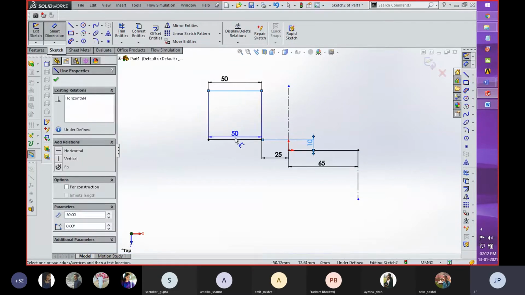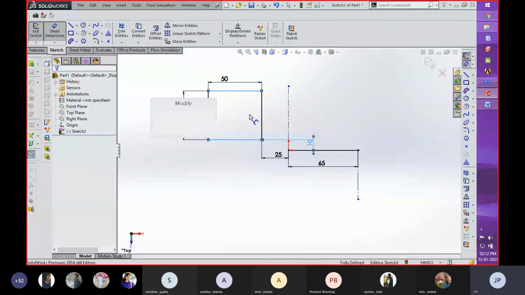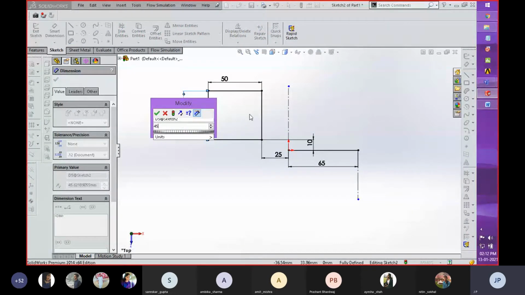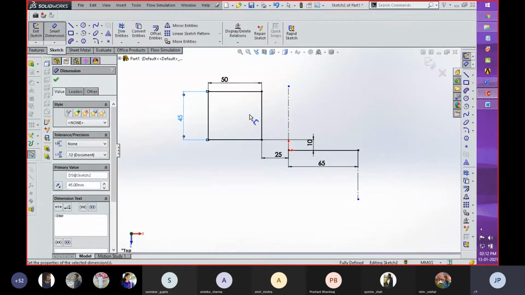So all lines should be black, which shows that the whole rectangle is constrained with respect to each other. What it actually does is that if you move any drawing or any part within this sketch, and the sketch is constrained, it doesn't move the other components with respect to each other. This is the main reason why we constrain each side of any object in this sketch module.